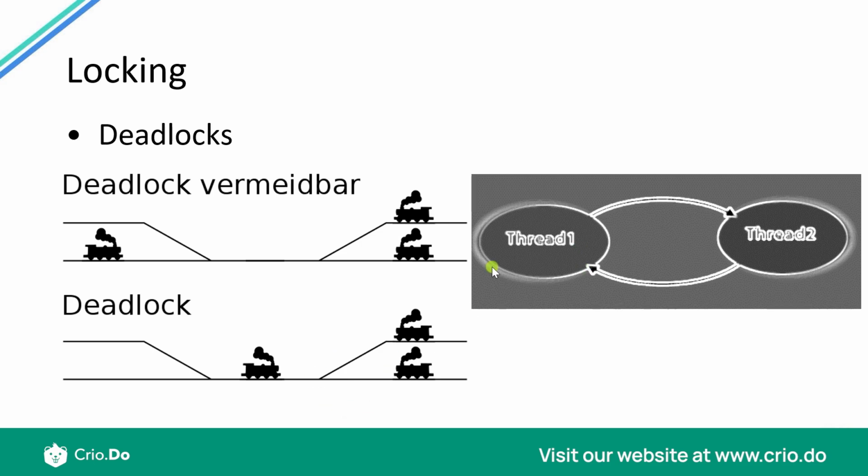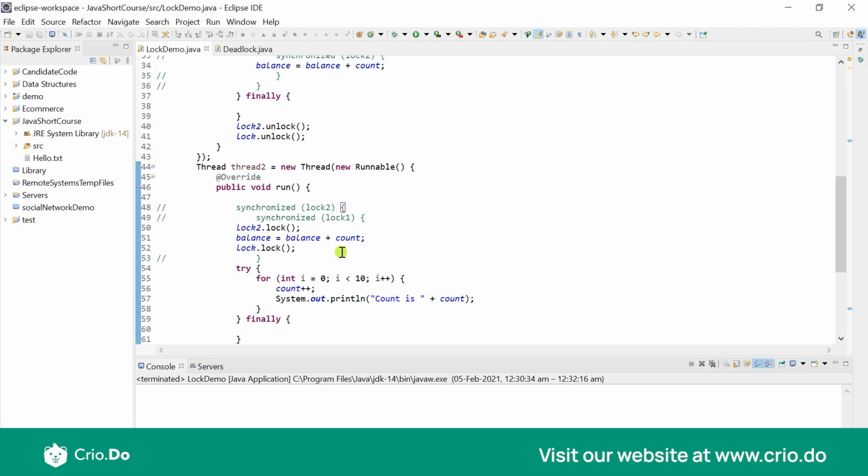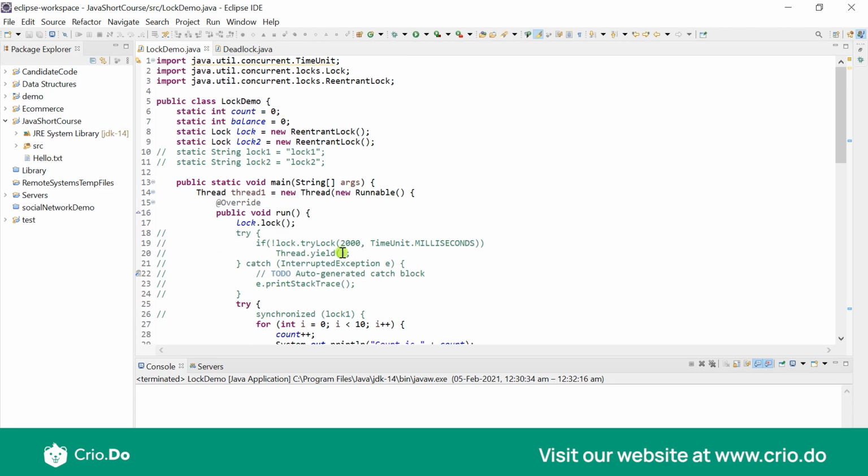And similarly, thread 1 is waiting for thread 2 and thread 2 is waiting for thread 1, and this is a deadlock situation. This is not something which we want to be in. So I would terminate my program over here. Make sure there is no deadlock in your program by using the tactics which I just shared with you. In reality, we make sure that we work with locks judiciously, but it may be that our programs get into a deadlock situation, and it's only when we land into a deadlock situation that we would want to use something like thread.yield. So don't stress a lot about that. And let's go ahead with the last topics in multi-threading now.